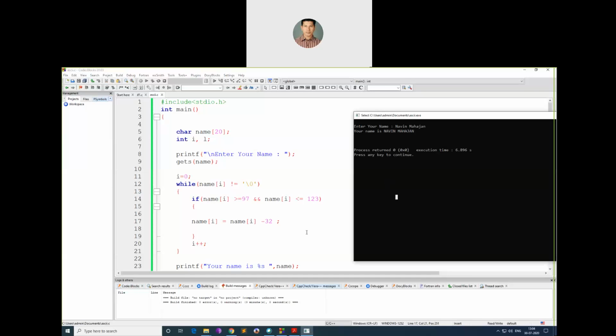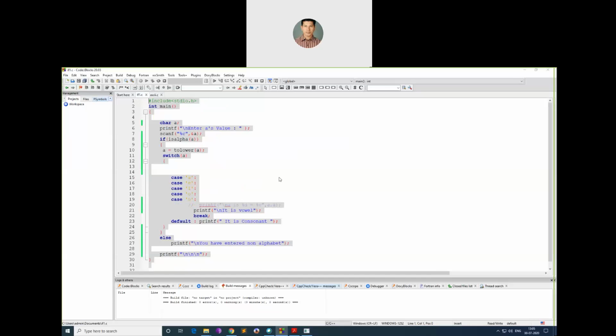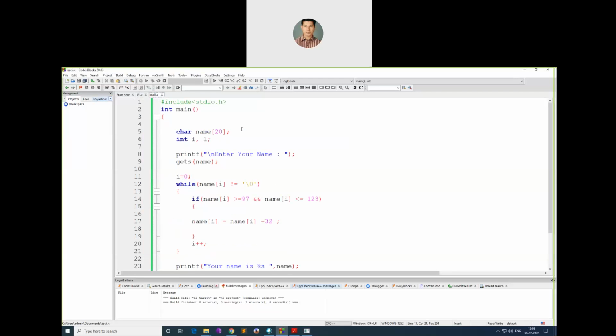Okay, we have strings in the next slide, but remember this is how we can convert uppercase to lowercase, lower to upper and all. Here I have used isalpha and islower. How to check isalpha? So you have the logic now. Isalpha means if a character is in the range of 65 to 90, which is uppercase, or 97 to 122, lowercase, that means it is an alphabet.